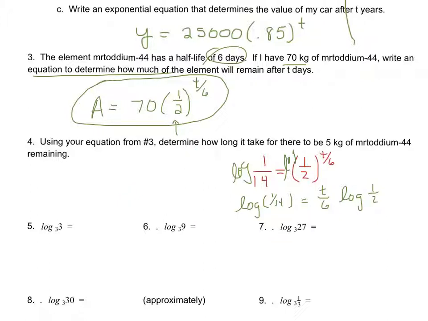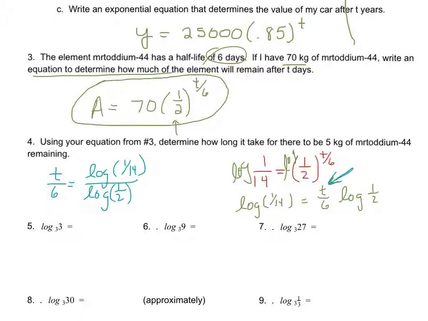We've done this before, and we're just trying to solve this for the variable t right here. To solve for the variable t, we're going to divide away the log of a half. So now I'm at t over 6 equals log of 1/14 over log of a half. And then finally we multiply by 6. And so your final answer